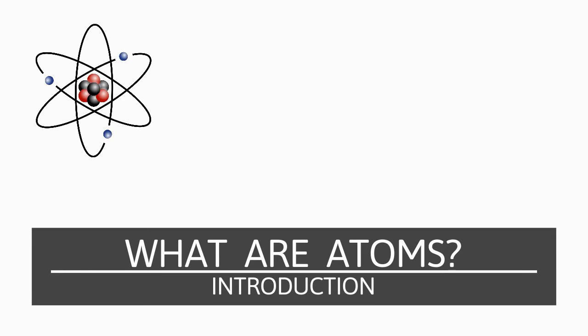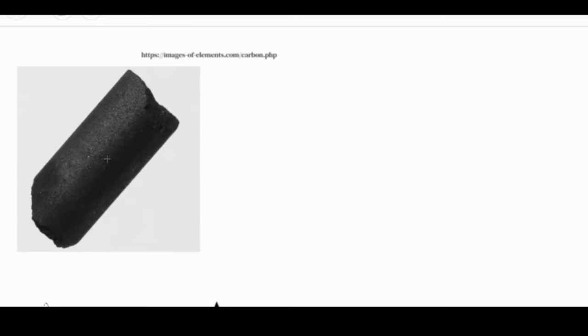Now let's get started. All around us are elements, which are pure substances that have different properties at different temperatures. And the smallest piece of elements that have the same properties as the elements are called atoms. So if we keep on cutting this, the smallest piece will be an atom. Atoms are the building blocks of matter, and they're just like puzzle pieces, because puzzle pieces build puzzles, and atoms build the elements around us.